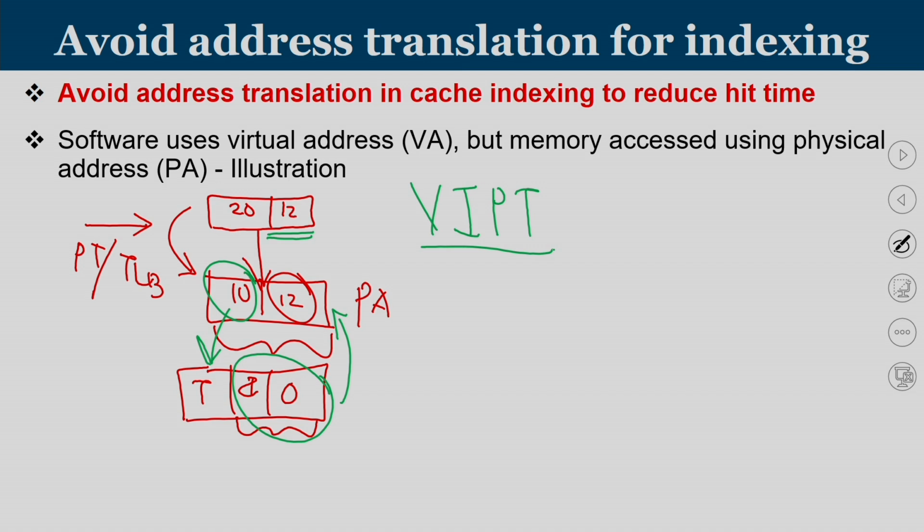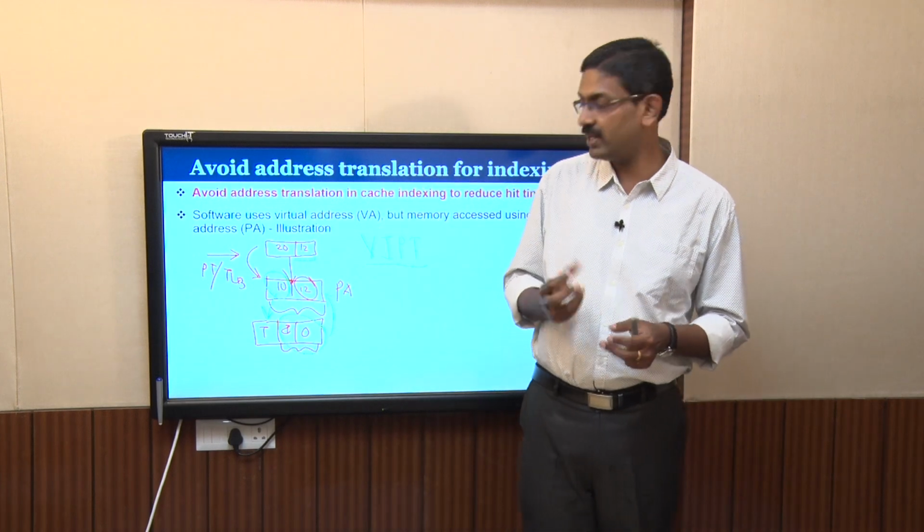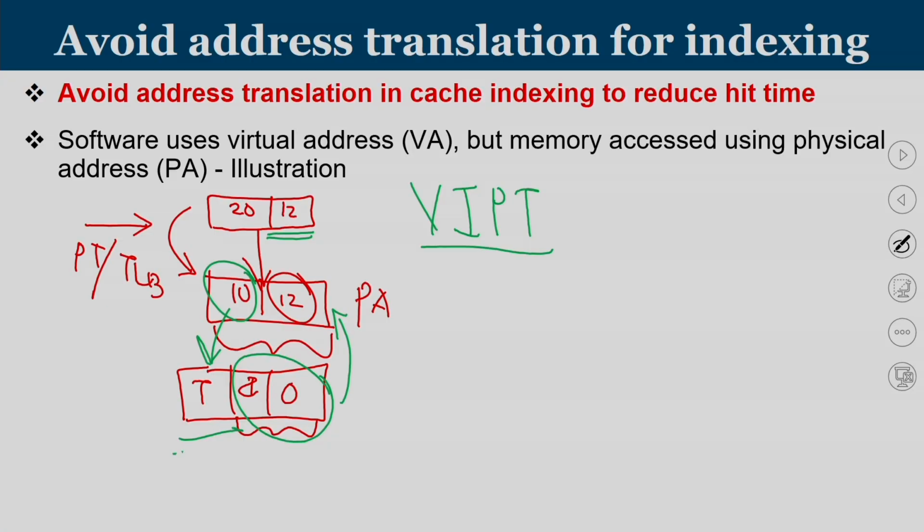This will help us such that prior to translation we are able to go into the cache memory by indexing, so that you get into the appropriate set. In the meantime, translation happens and you get the physical address. Once you get the physical address, the most significant portion of the physical address is the tag. You have the tag ready. So: virtual indexing, extracting the tag, and comparison of the tag, where the tag is part of the physical address.